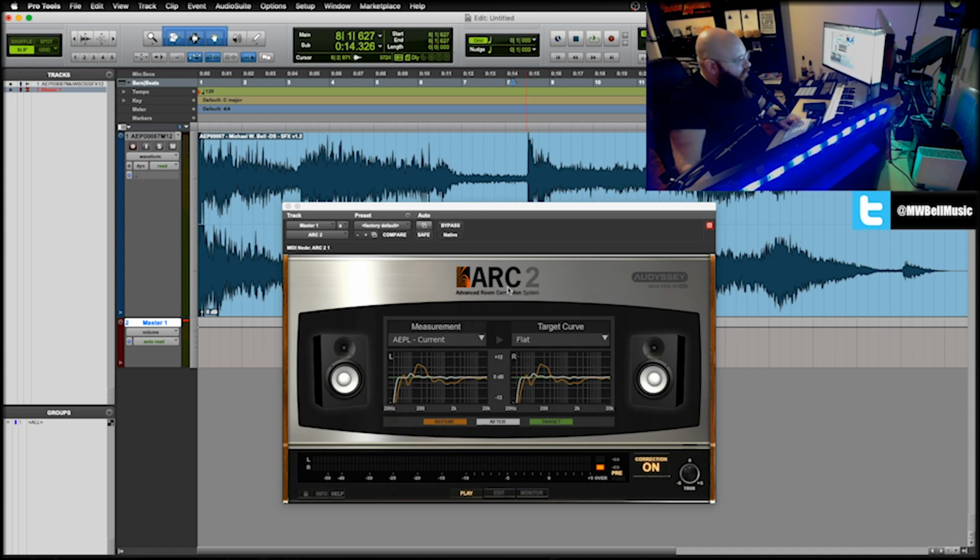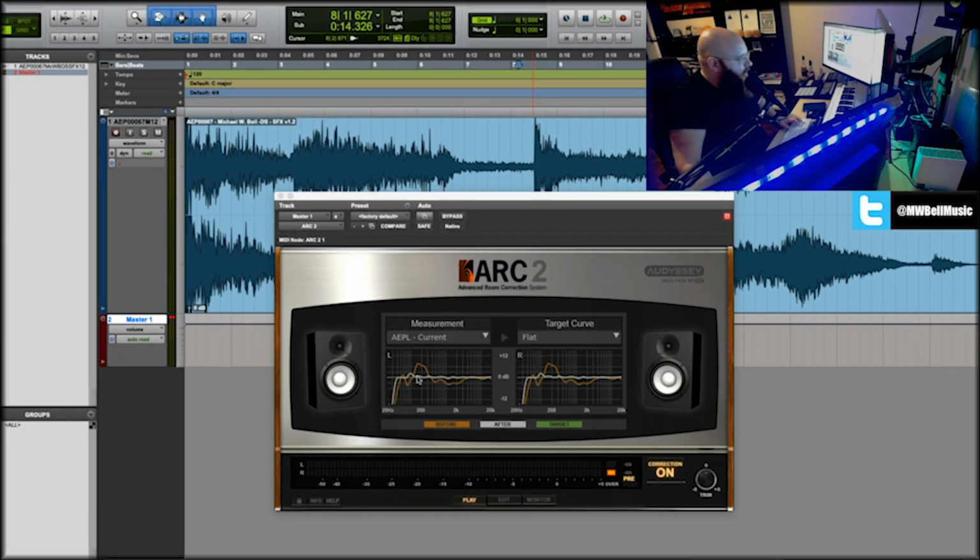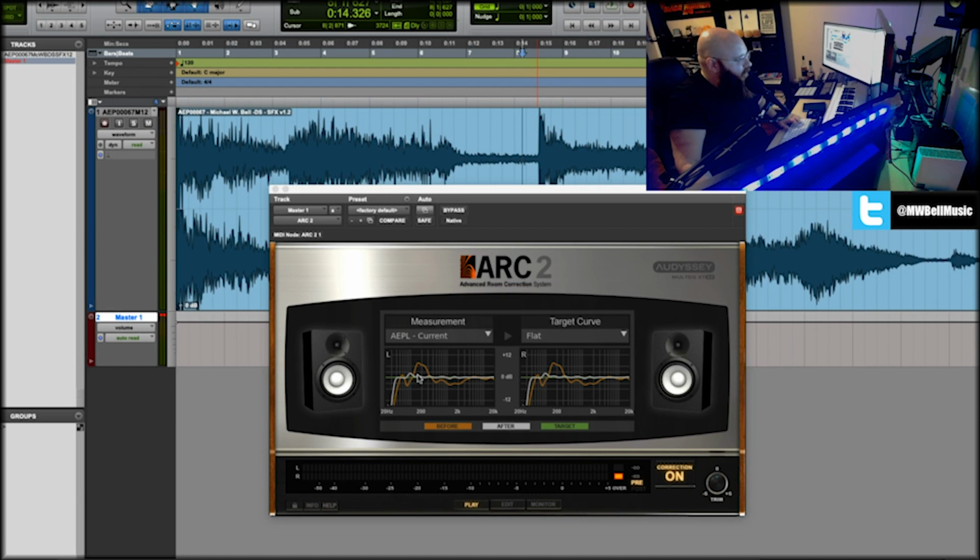But if you look at this, this is bad. I mean, this is like wow. If the yellow or the orange line there is kind of before, so that's kind of how the room was, even in the configuration with me trying to place the speakers and everything in the best way I possibly can. Look at that there, in the 200 range especially, and it's interesting that